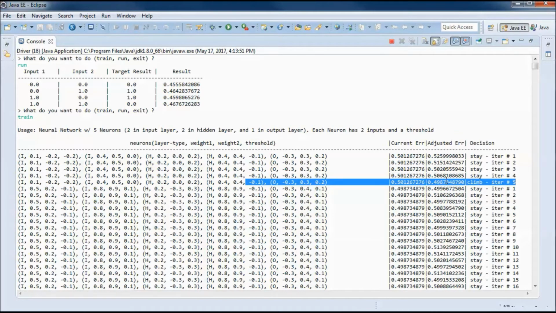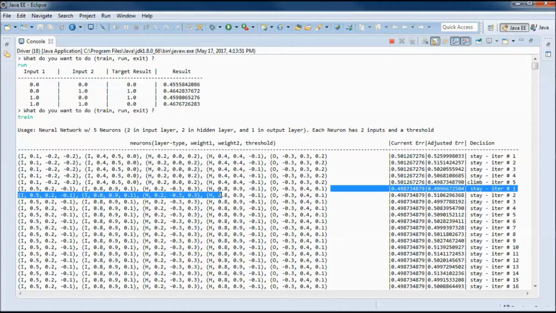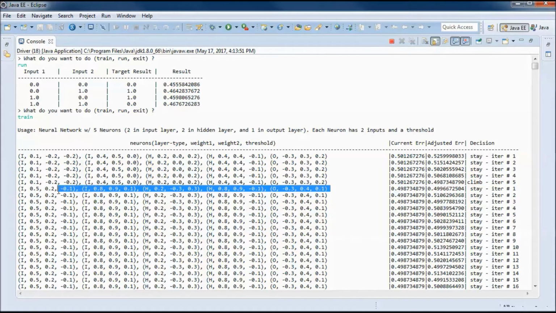So here we have the adjusted error is smaller than the current error. So we climb the performance hill, and we end up with the neural network with those weights and thresholds.